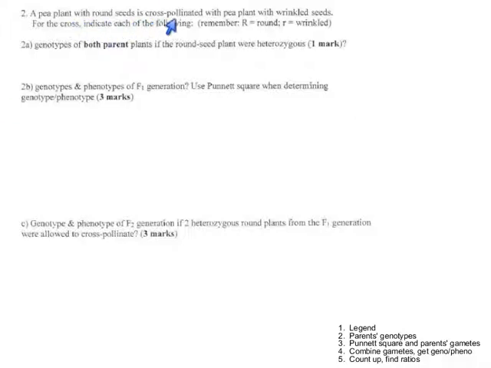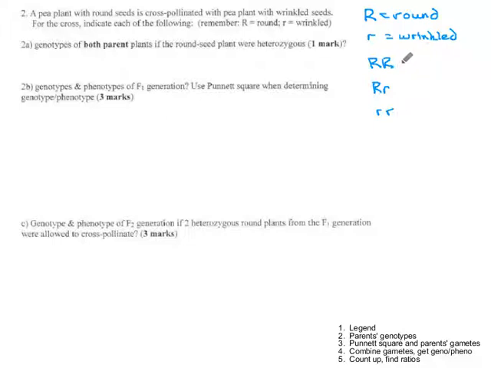A pea plant with round seeds is cross-pollinated with a pea plant with wrinkled seeds. Okay, as soon as you know they're talking about pea plants, that tells you what you need to get the legend started. This would either be explained in the problem, or we're going to have to use traits that you've seen before so that you know what to put in your legend, and this is a familiar one, so I will just remind you that this means big R stands for a plant that produces round peas, and little r stands for a plant that produces wrinkled peas, and that means the plants we can get are